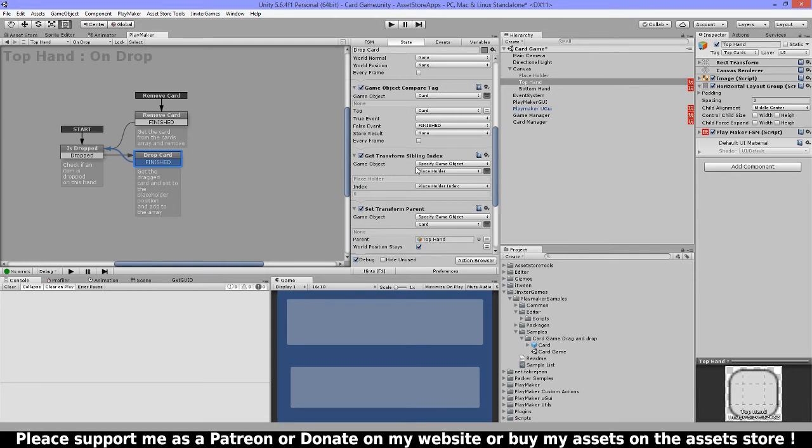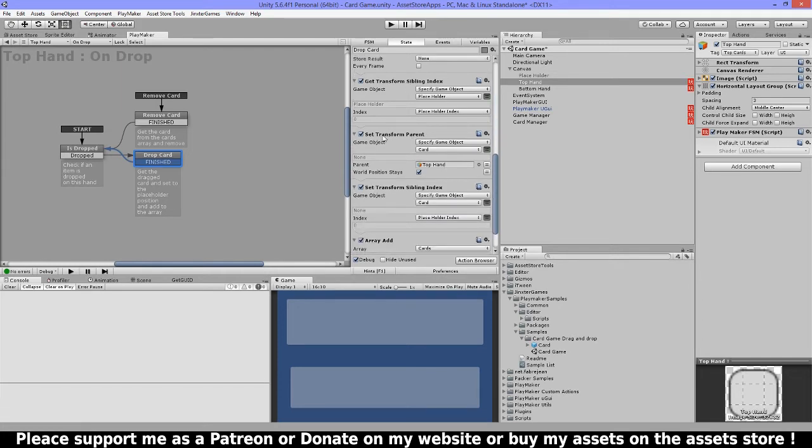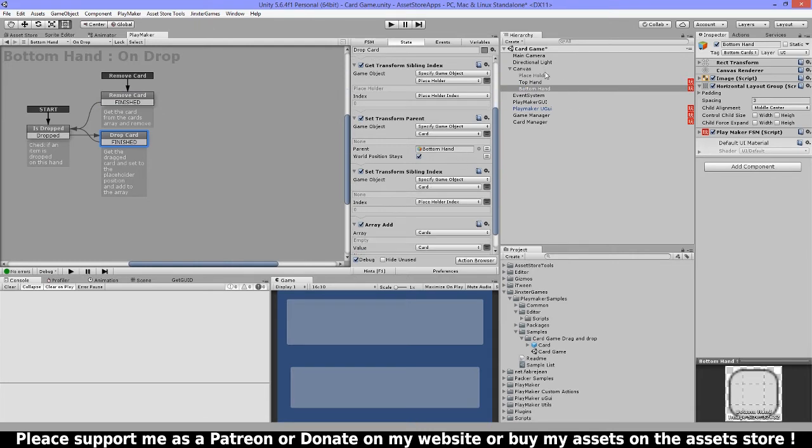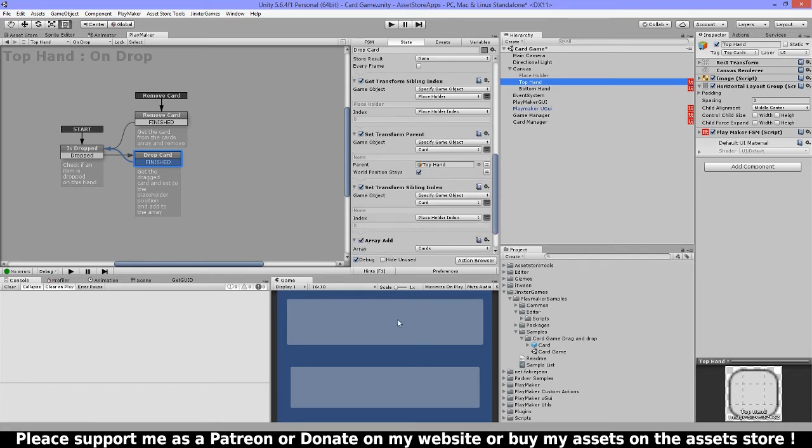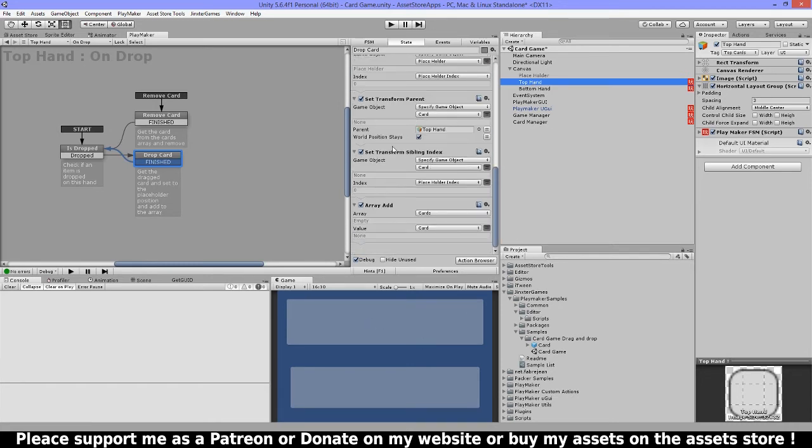Okay. Then next we have this get transform sibling index, and it's going to get the position from this placeholder card. And then I have this set transform parent, and it's going to parent my card to the top hand, or in the bottom one is going to set to the bottom hand. And so it will be parented to this hand. And then I'm using this set transform sibling index to position this on the position where the empty card was. And then I'm adding this card to my array list